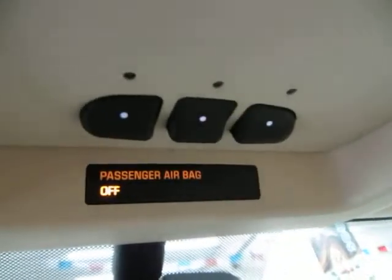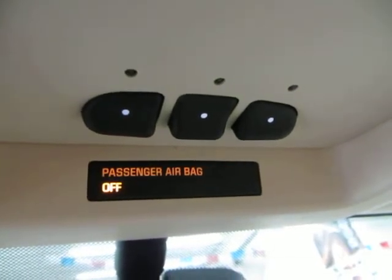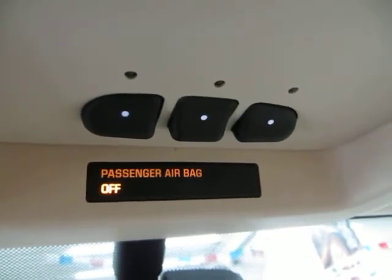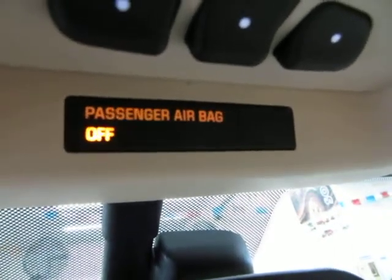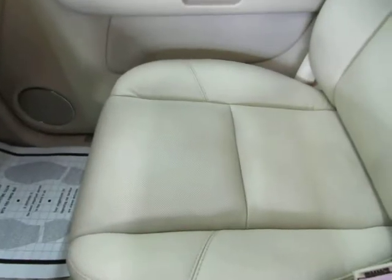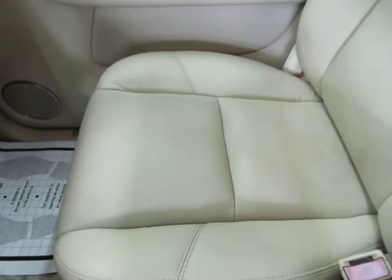Up at the top here, this is your HomeLink or universal garage door opener, where you can program up to 3 garage doors or gates if you happen to live in a gated community. You'll notice this is passenger airbag off. This vehicle has a sensor underneath this seat that senses weight, and when there's no passenger there, it